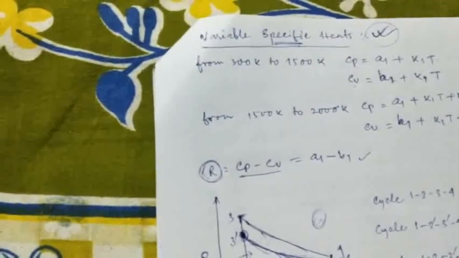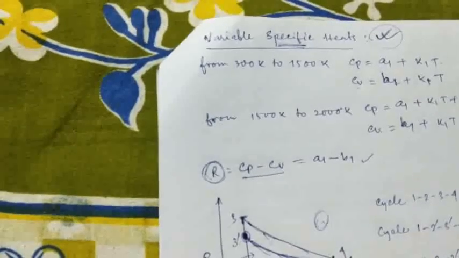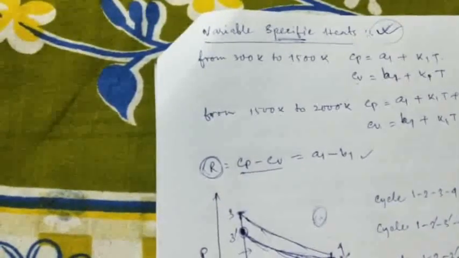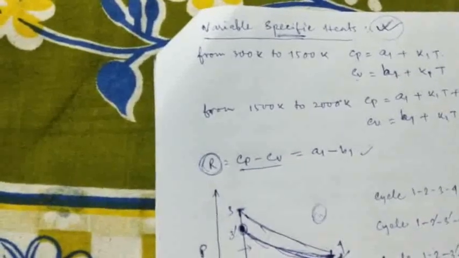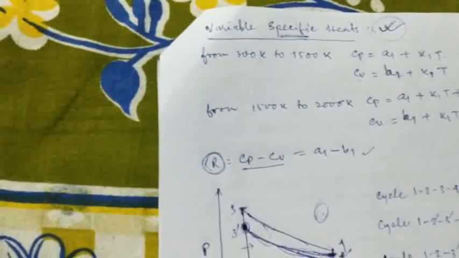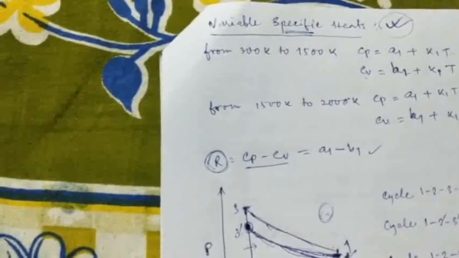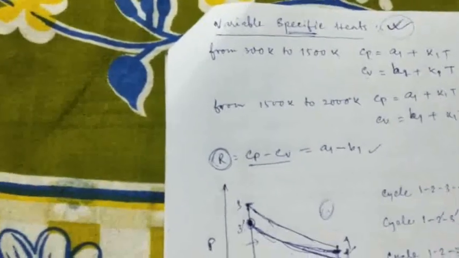The increase in specific heat does not follow any particular law. However, over the temperature range generally encountered for gases in heat engines, 300 K to 2000 K, the specific heat curve